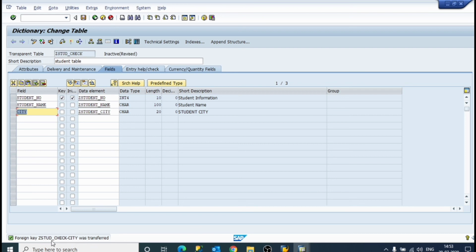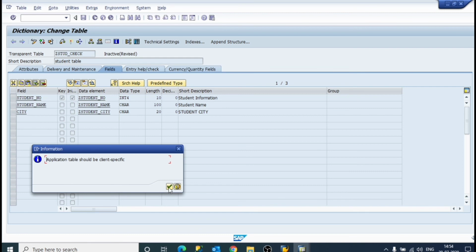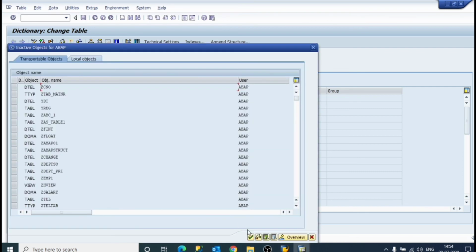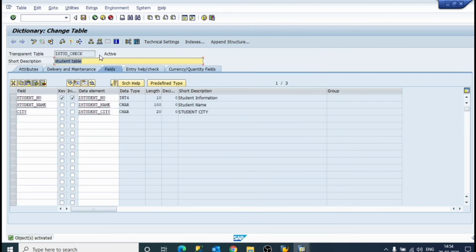The foreign key Z student check was transferred. Now just save it, yes, activate it, and you will see the difference.